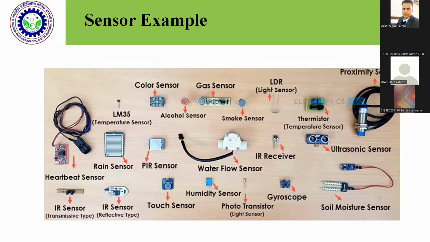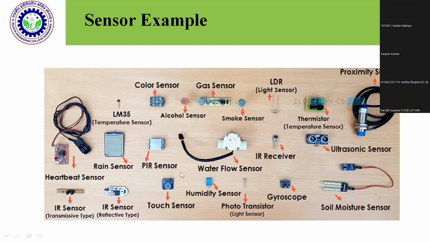These are the range of sensors which are available, such as the heartbeat sensor, IR sensor, raindrop sensor. In that particular raindrop sensor, what will happen? A kind of impedance patch has been made, and if the rain drops, then definitely the electric constant within it will change, and dependent upon this, the impedance will change, and based upon that impedance, we can tell whether the rain is falling or not. Okay, so these are different kinds of sensors.